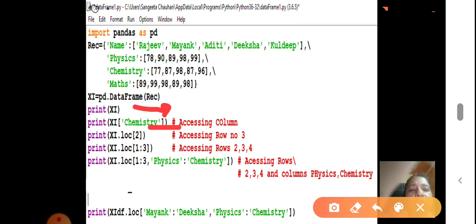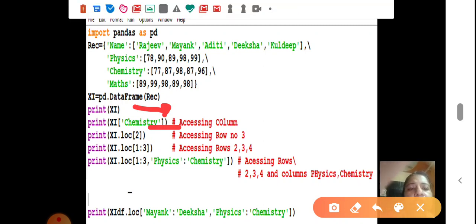Next is print 11th.loc[1:3]. It means the second, third and fourth rows, because by default the row labels are 0, 1, 2, 3 and so on.